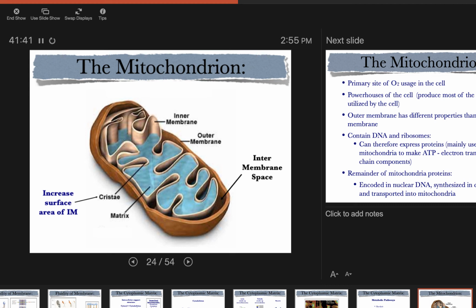Let's go all the way inside, talk about the matrix. What pathway is inside that matrix that we've talked about a few times already? Krebs cycle is in the matrix. There's lots of other things inside that matrix, including